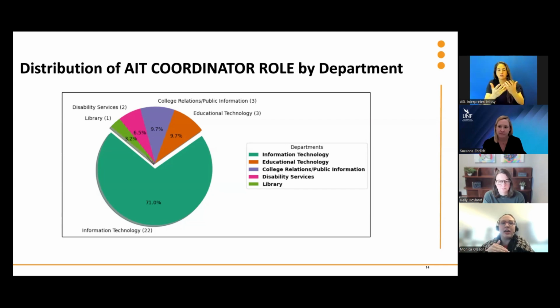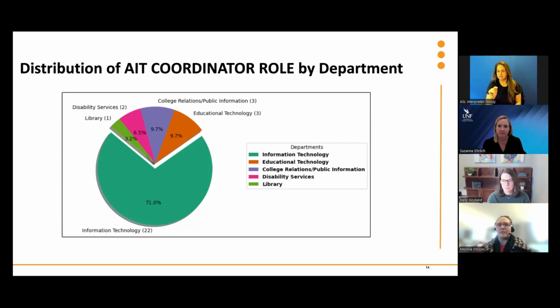You can see here that just about 70% of our coordinators at the colleges are within their IT departments. And then we've got one coordinator who is from library. We have a couple of coordinators who are in the disability or access services area. We have three, about 9%, coordinators that are from college relations or public information, and then three again, about 9%, from education technology. So I thought that breakdown was interesting, and I like to see the emphasis on IT because